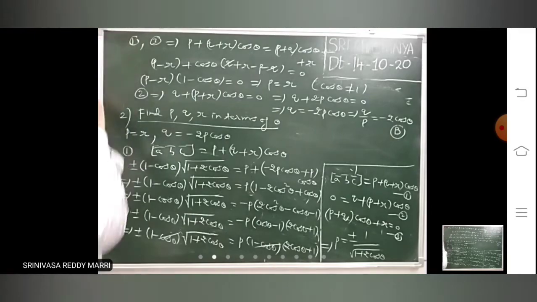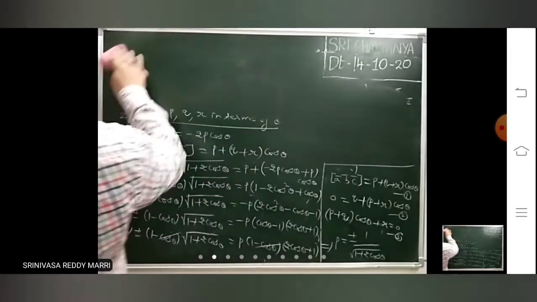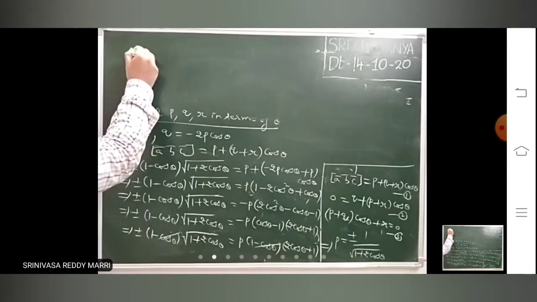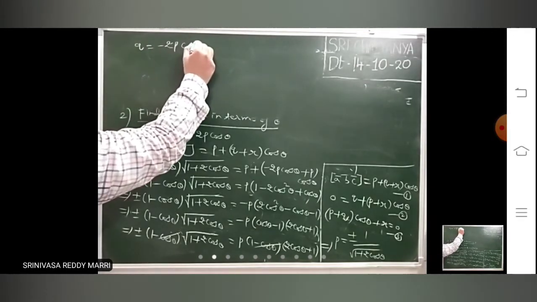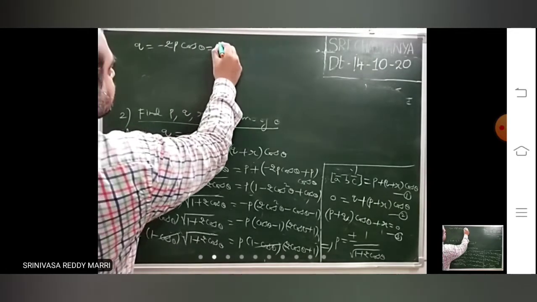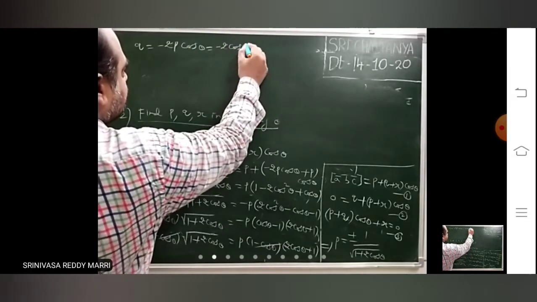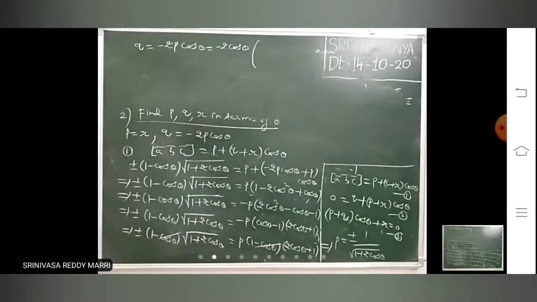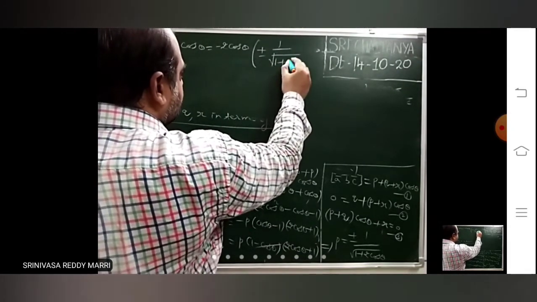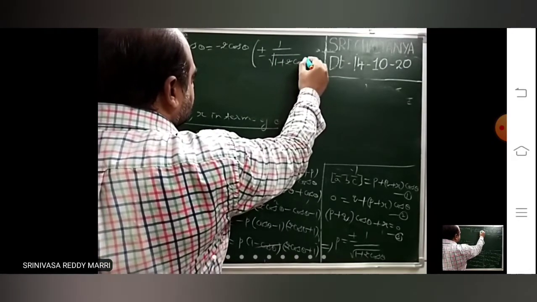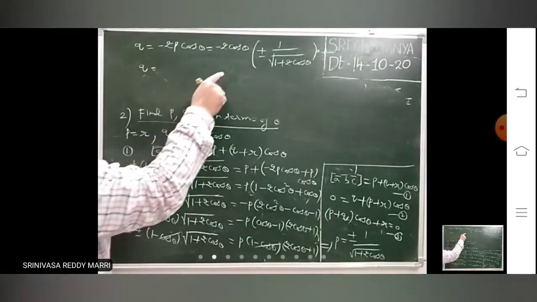So now you can calculate what is Q. Q is nothing but minus 2P cos theta. R is nothing but first P, Q is nothing but minus 2P. You know the relation now. So that means minus 2 cos theta into P value you write. P value is what? This. So therefore Q is nothing but.